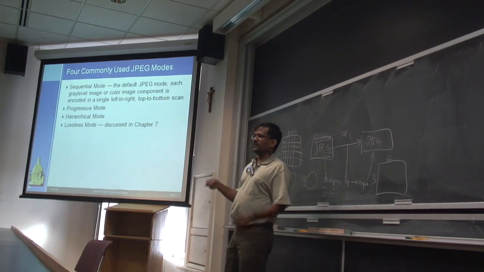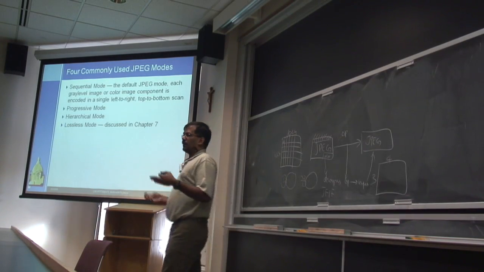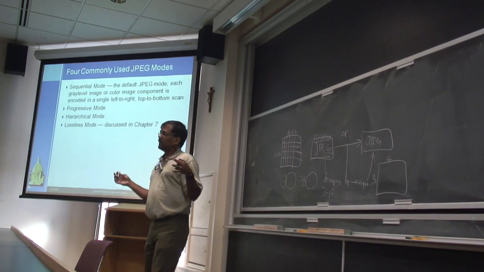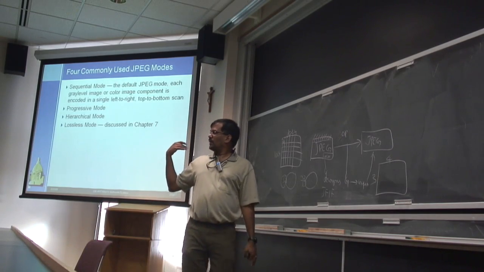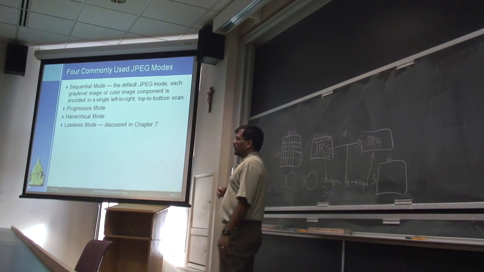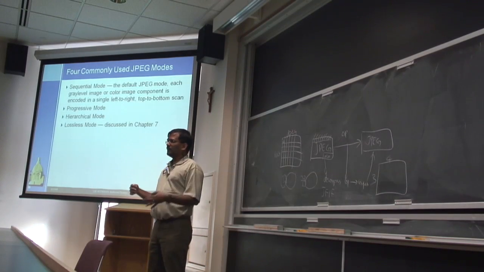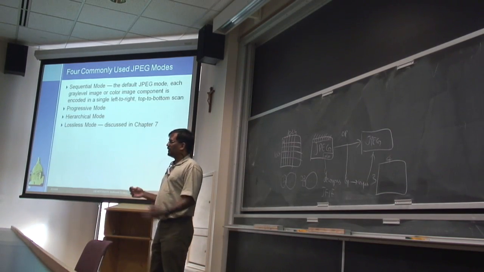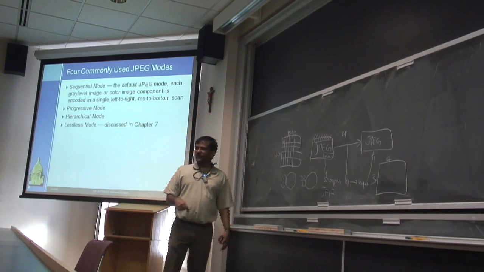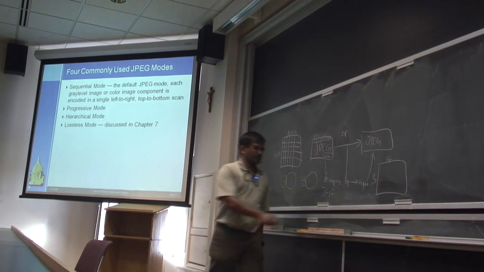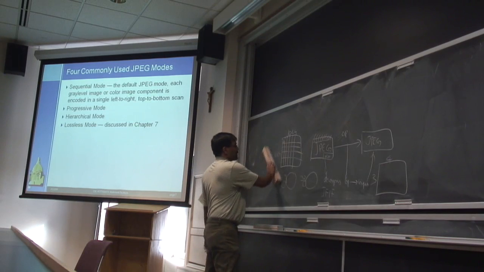Progressive mode is used because if you have an image like what Sean pointed out, a really large image, you don't want to have to wait for the whole image to come to you. You would like something where, as you get the data, you're able to display it. And this actually came from GIF days because GIF used to support this kind of a mode. So the idea here is,